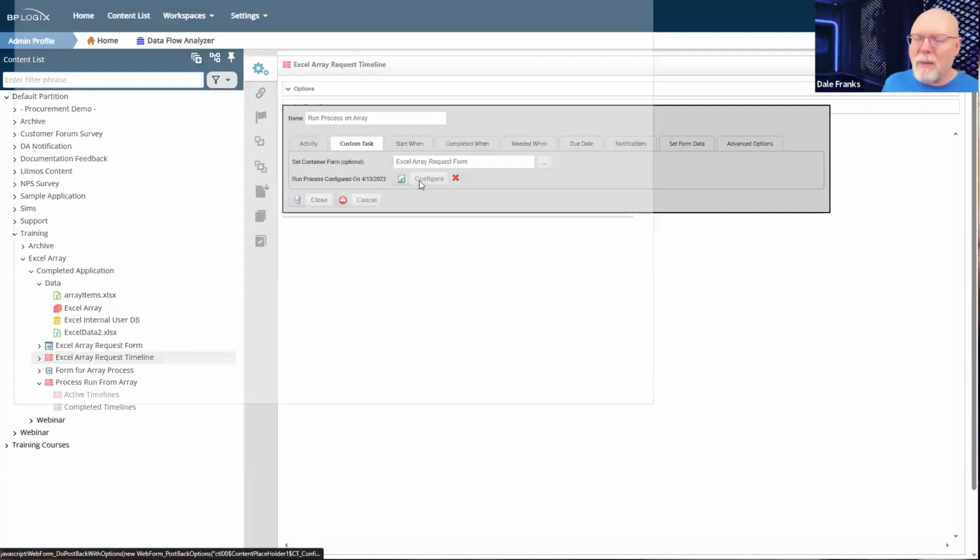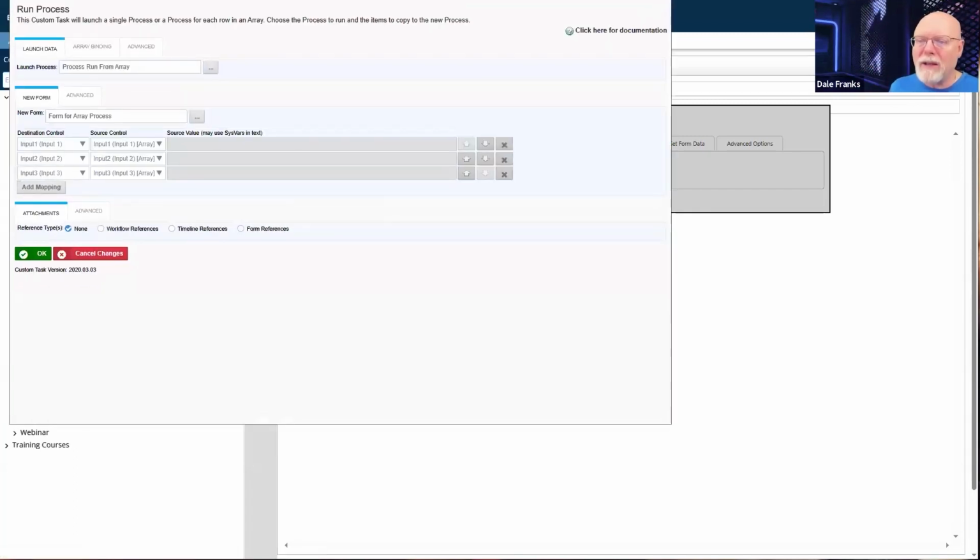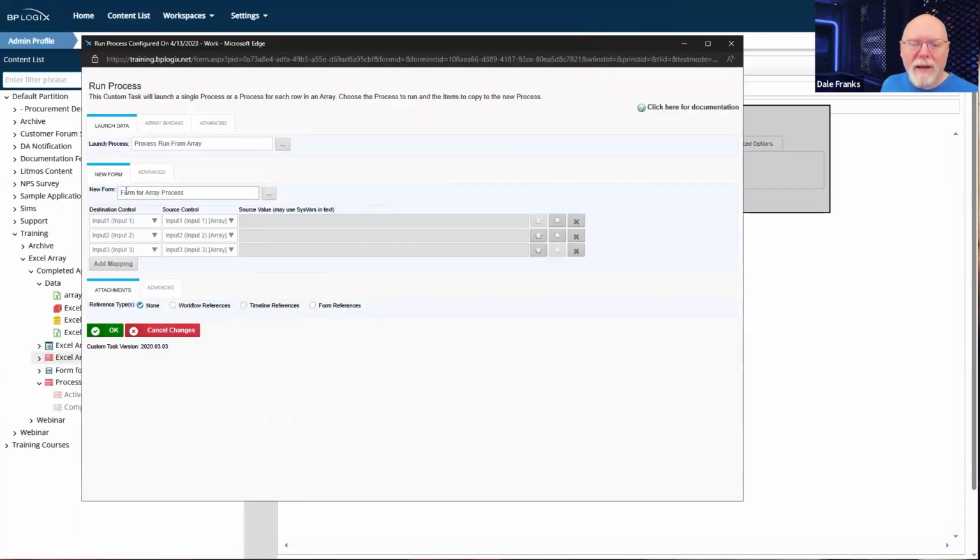And so now I just do a run process. And in the run process custom task, I can run a process from an array, and it will launch a new instance of the process for each row in the array.